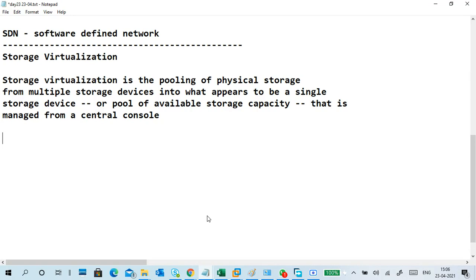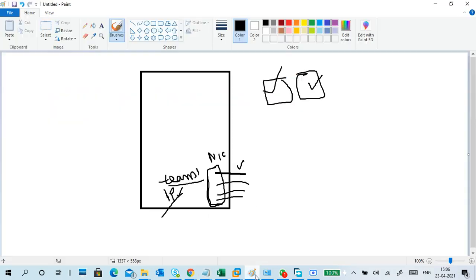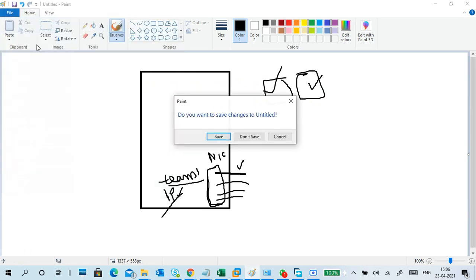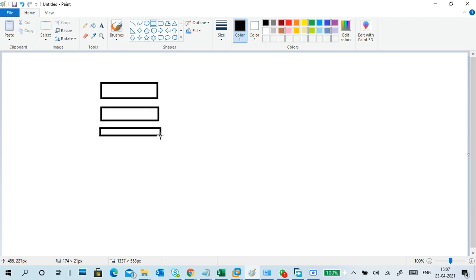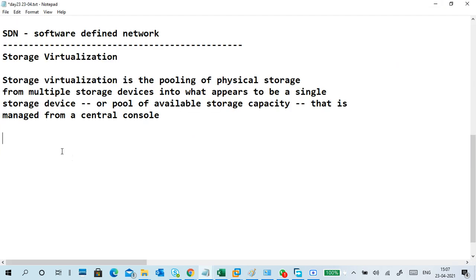We learned a lot of things in centralized storage. One type is multiple disks combined together creating a single large size, like LVM and RAID kinds of concepts. SAN, NAS, virtual SAN kinds of concepts also come under storage virtualization only. Okay, so we'll start with